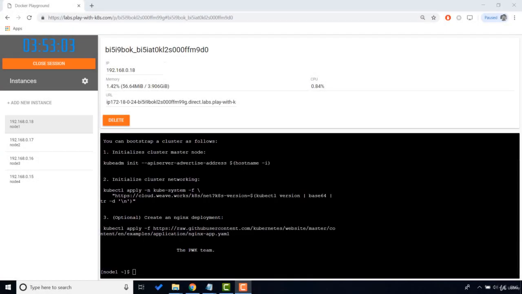And now we are on node 1, which we are going to configure as the Kubernetes master. If you observe, there are 3 commands that are provided to us. The first command is used to initialize the Kubernetes master. The second command is used for configuring cluster networking. These 2 commands are mandatory to run before you join the worker nodes. Once the cluster is up and running, then you can run the third command, that is deploying a sample Nginx